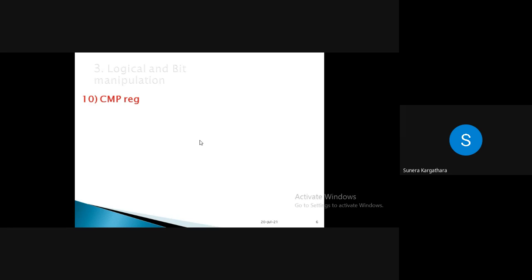Now, with the comparison, I think in one batch, A, we discussed a few points regarding this. For the remaining two batches, we still need to discuss. Try to understand here how this instruction will work. CMP is basically used to compare the content of a register and the accumulator. Whenever you write the CMP instruction, it is always expected to mention a register, any general purpose register you can mention. That will compare the content of the accumulator and the mentioned register, right?